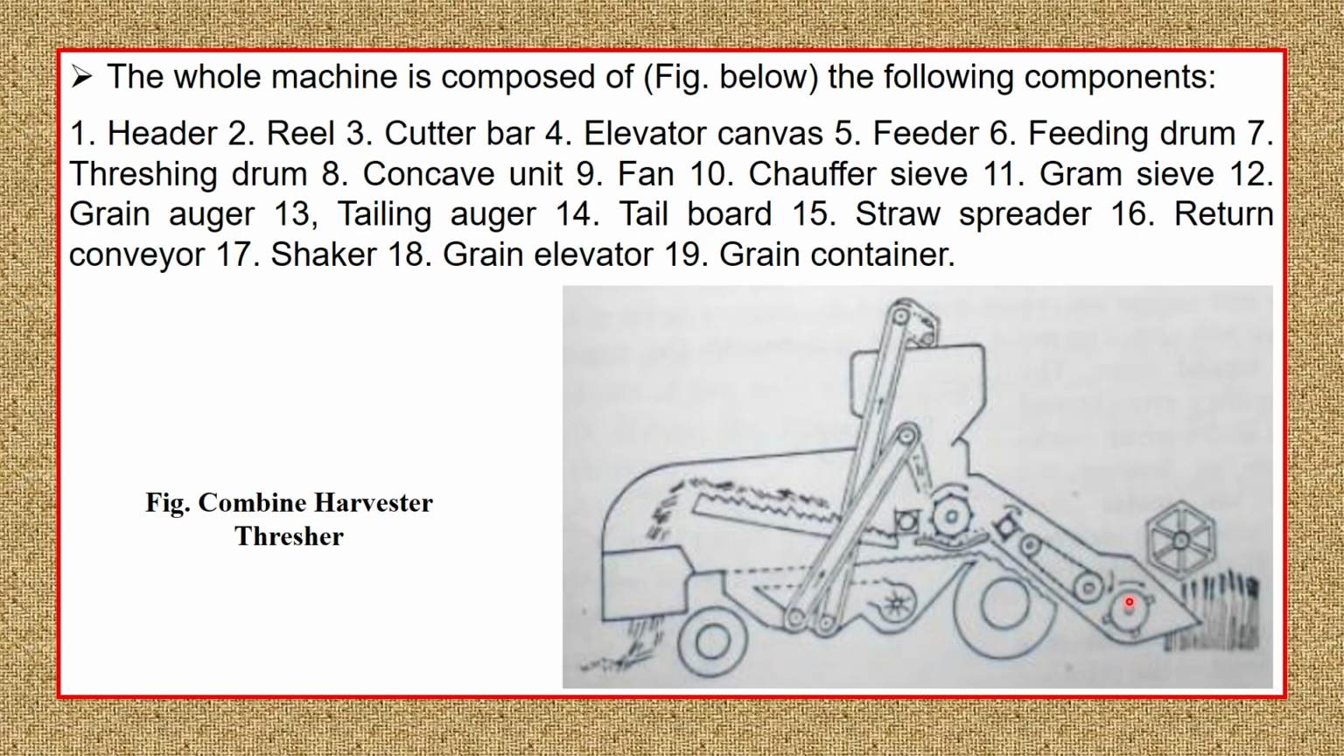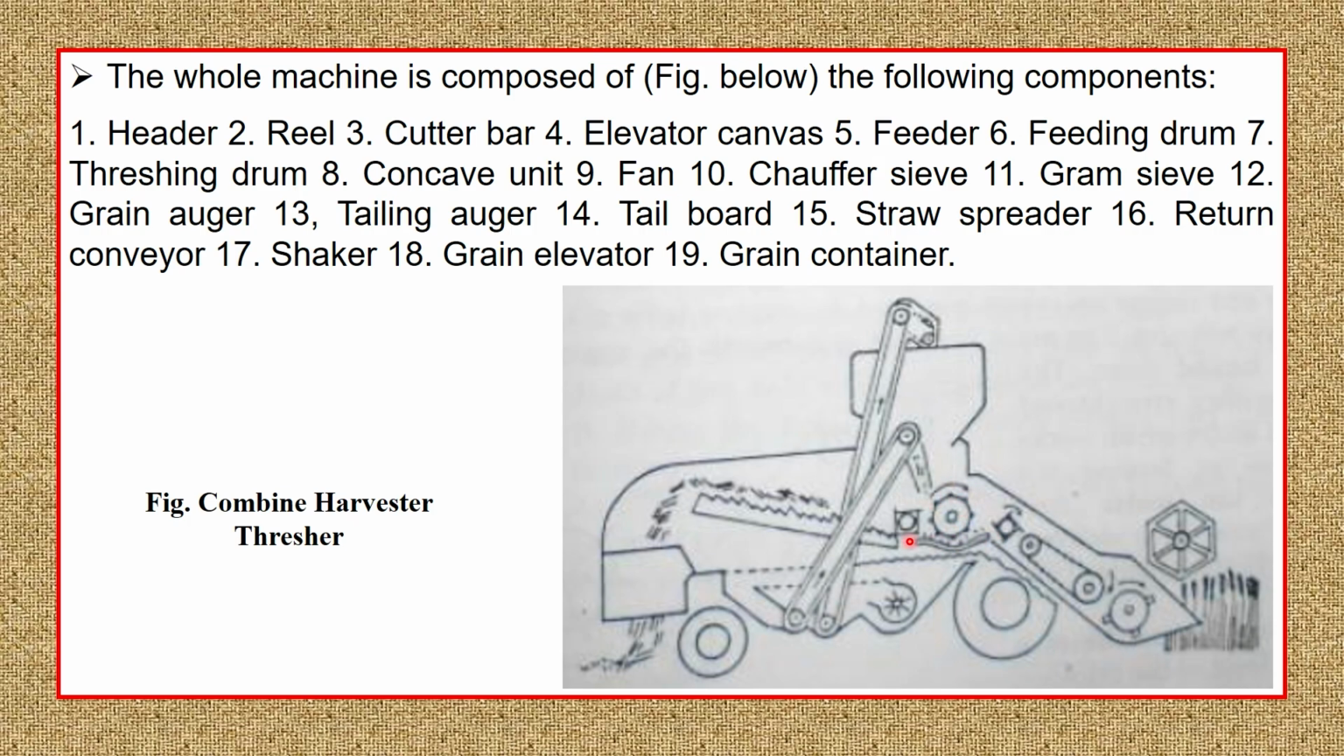That cut crop material will be collected in this platform, where there is a feeding auger. The feeding auger collects this cut material and feeds it into the feeder elevator. The cut material is conveyed into this elevator feeder, and this elevator feeder will feed the material into the threshing unit, where there is a cylinder which